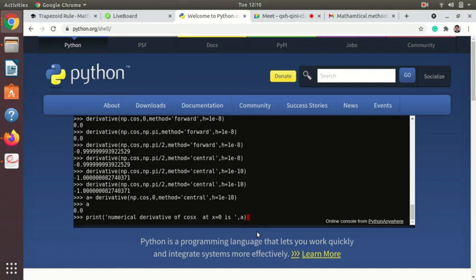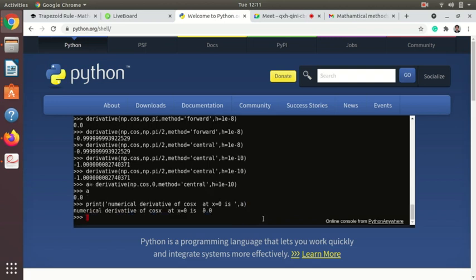So what will it do? It will print as it is whatever you have written in the inverted commas, and then, comma means there is another command, so it will also evaluate a, because you are giving command to evaluate this, so it will evaluate a and give you the answer. So I will evaluate this, and it is giving me the message numerical derivative of cos x at x equal to 0 is 0. You have to do this same with sin at x equal to pi.